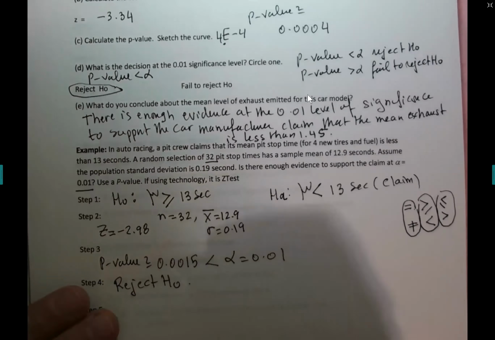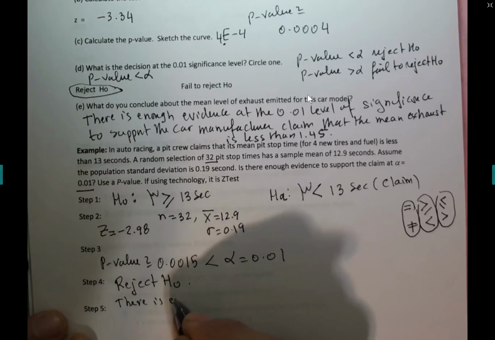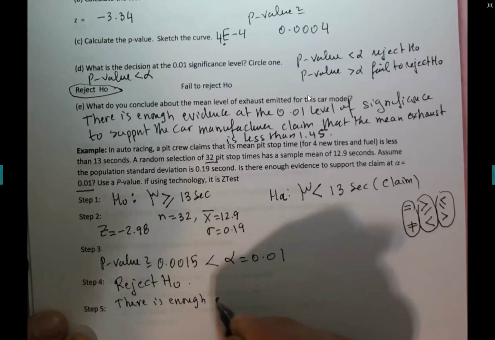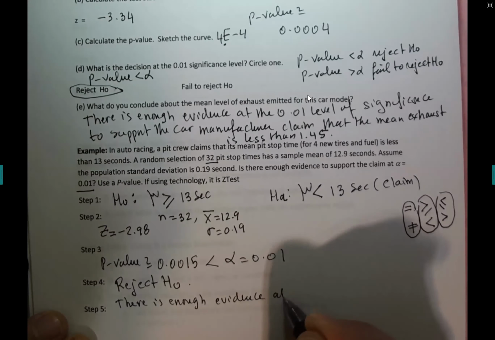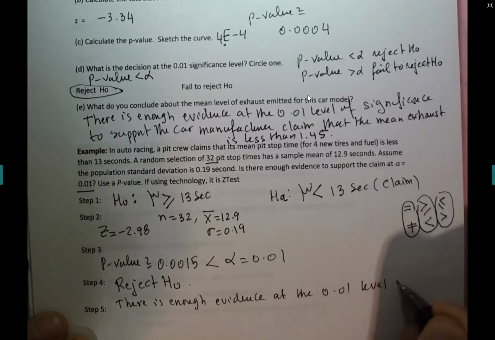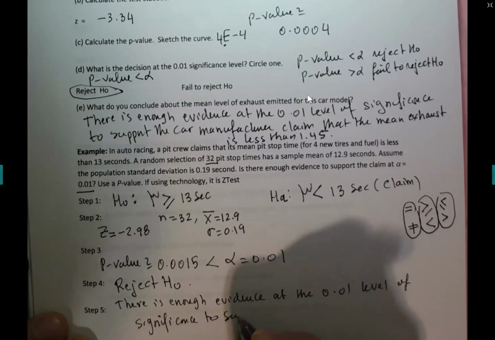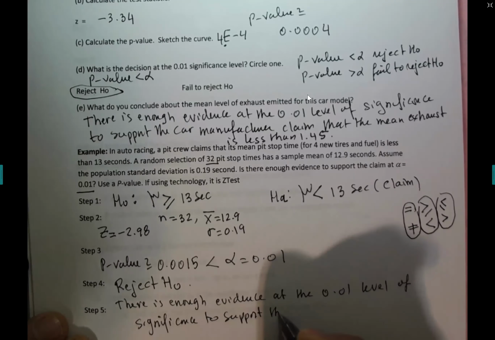So look what you write. There is enough evidence at the 0.01 level of significance to support the claim